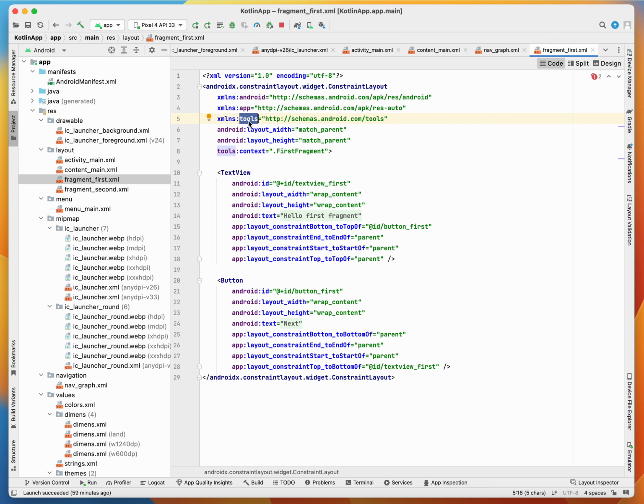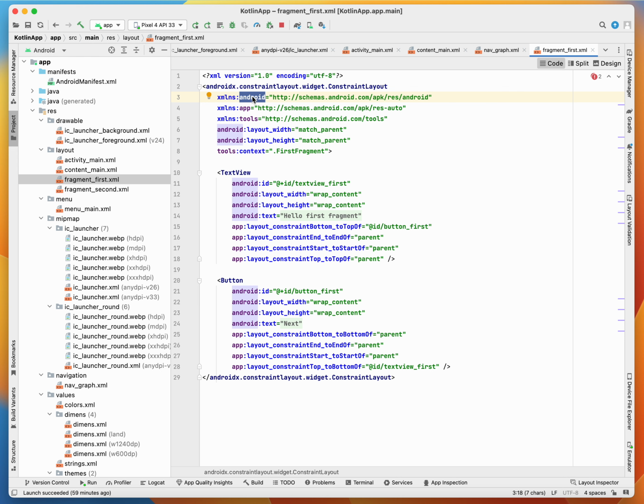What are these? xmlns:android refers to the Android specific namespace, and it is used for all attributes and values within the main Android software development kit. So all the attributes and values within the main Android SDK are provided by this,